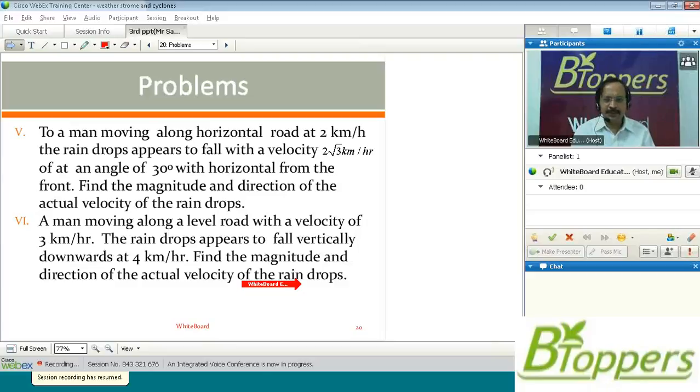So in the next class, I am going to discuss some problems on a boat crossing the river, and motion of the boat across the river in some specific